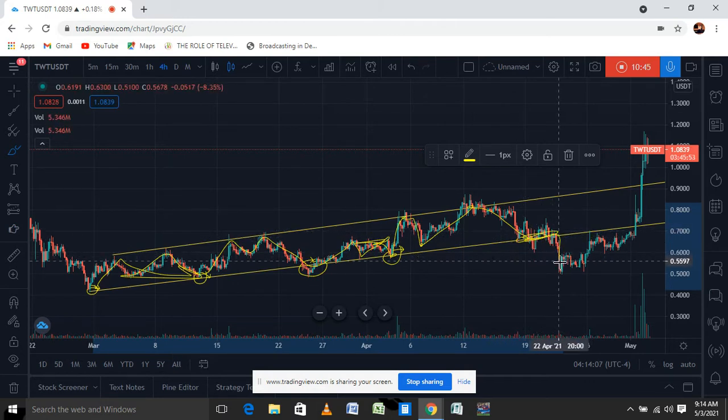Just notice what happened here. When the trend line was broken, it came back and acted as a resistance. It tested this level. It's now acting as a resistance. You see, it came back,